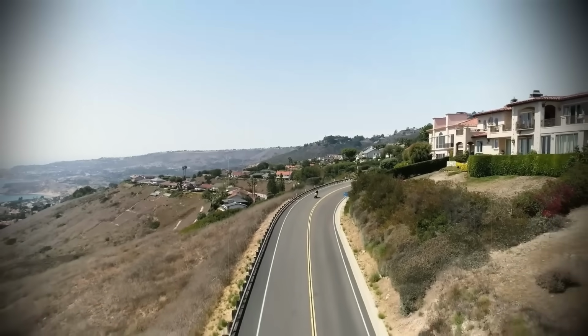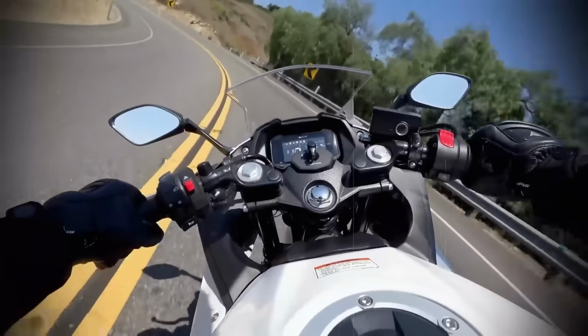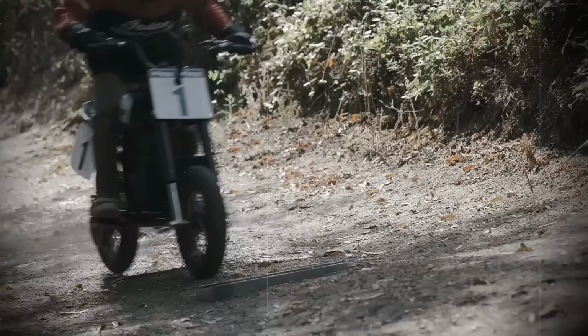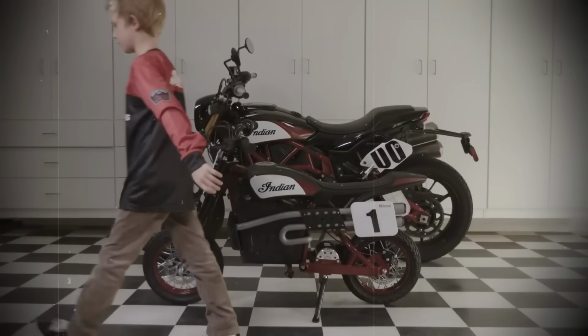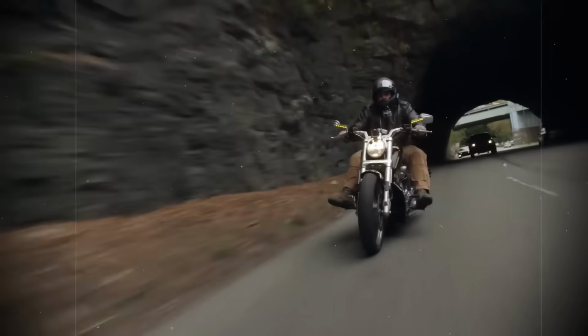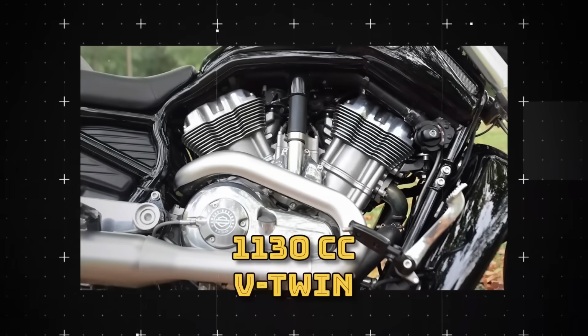But if you think a lightweight beginner bike with delusions of grandeur is bad, wait until you see what happens when a cruiser manufacturer tries to build a sport bike. Our next entry is what happens when your grandpa tries to become one of today's youth. The Harley-Davidson VRod is what occurs when a company known for making agricultural equipment with wheels decides to build a performance motorcycle. It's the motorcycle equivalent of your 50-year-old uncle wearing skinny jeans and a backwards cap to connect with the youth. Powered by a Porsche-designed